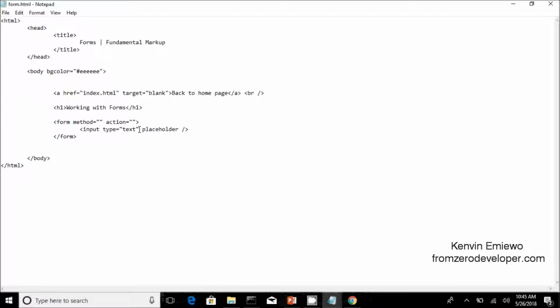So placeholder is the text that will be flashed to the user before he actually inputs anything inside the input, inside the text box. This is what he will see to guide him in filling the text box. So we call it a placeholder. So in this case, we'll just be calling it